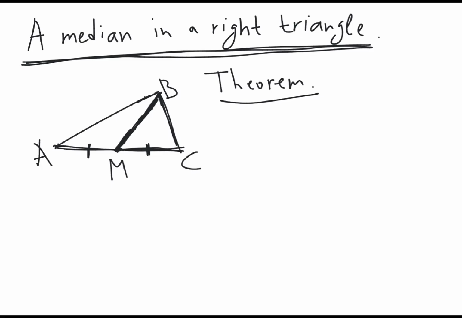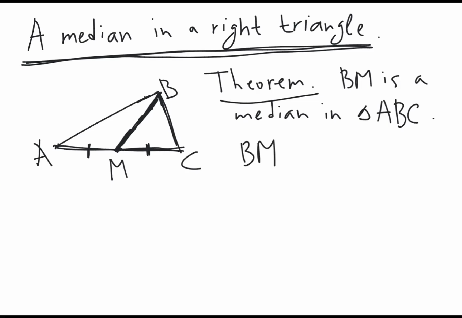So we know only that BM is a median, right? So let's write: BM is a median in triangle ABC, and then BM is equal to 1/2 of AC, or the same, we can write in brackets that BM is equal to AM is equal to MC